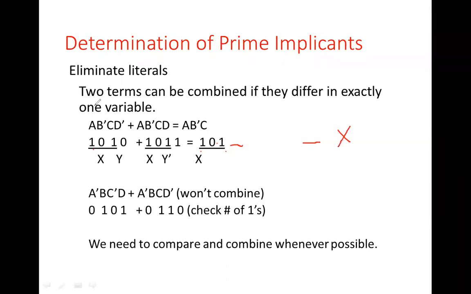But if you have a term like A bar, B, C bar, D with the binary value 0101 and 0110, I can see the third bit here, 0 is changed to 1 and the fourth bit 1 is changed to 0. So you can see there is a 2-bit change. First bit 0 is as it is, second bit 1 is as it is, but the third bit 0 has changed to 1. That means there is a bit change. And the fourth bit 1 has changed to 0. There is a bit change. So we cannot use such terms to simplify in the Quine-McCluskey method.